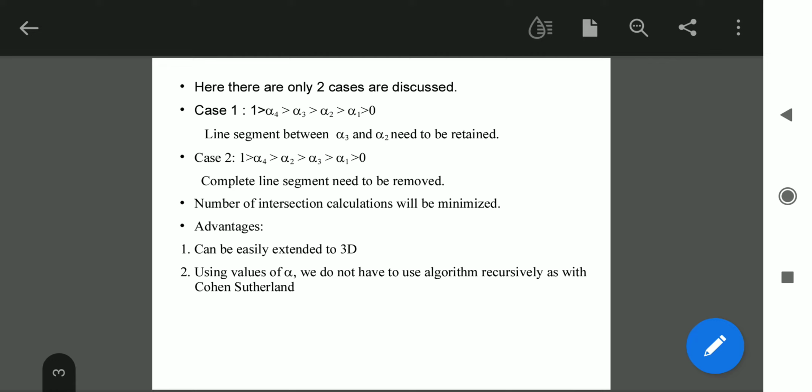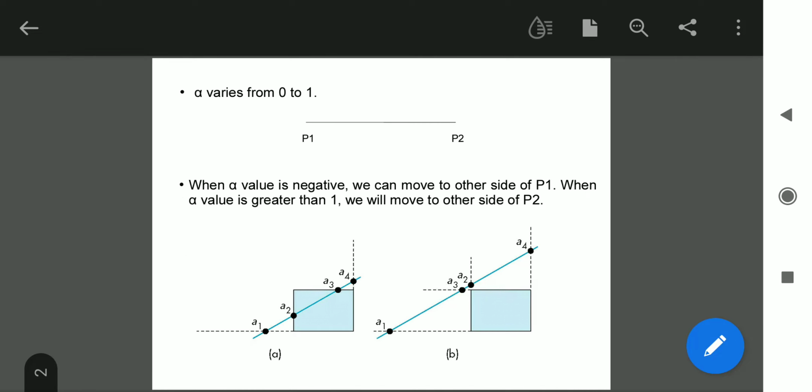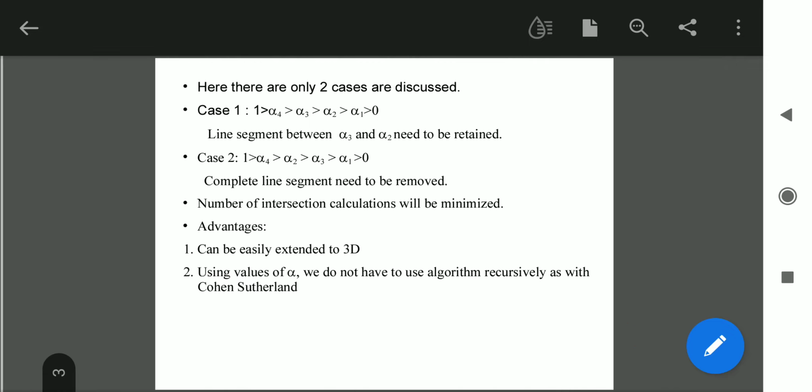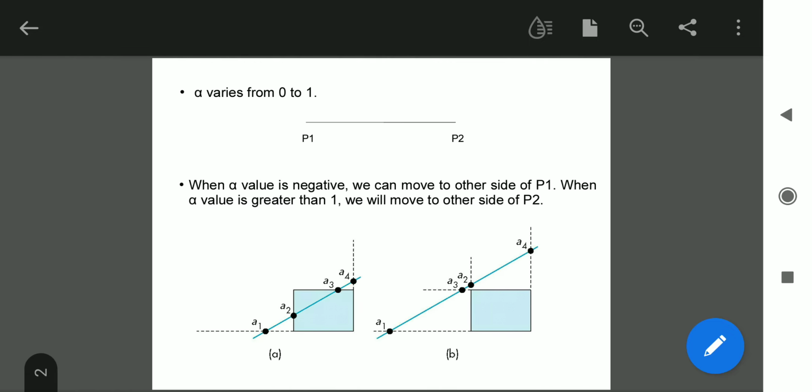segment between alpha 3 and alpha 2 need to be retained and the remaining line segment need to be removed. That means the remaining line segment will not be visible to a user. Now what does it mean? When we arrange these alpha values in an order, that is 1 greater than alpha 4 greater than alpha 3 greater than alpha 2 greater than alpha 1 greater than 0,